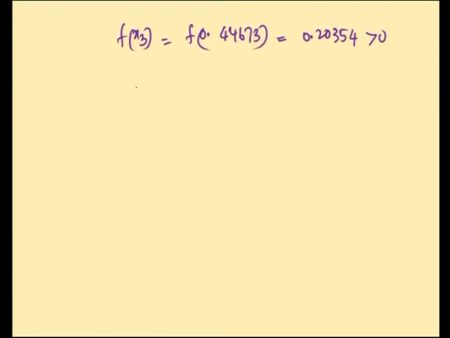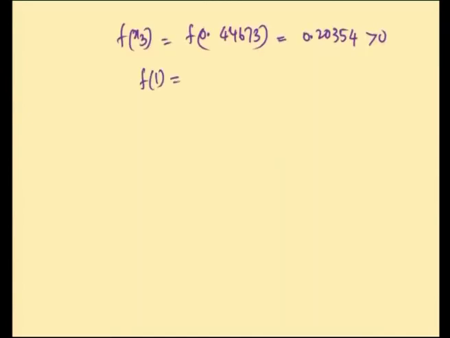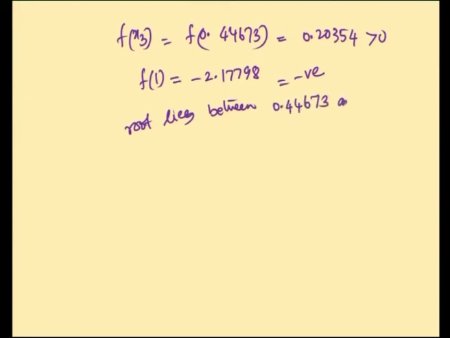And f(1) is negative. f(1) is equal to minus 2.17798, and this is negative. Therefore, the root lies between 0.44673 and 1. Next we find x4 like that. So, what is the x4 value? x4 is